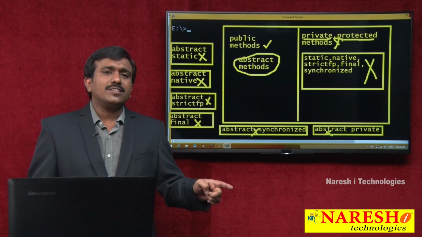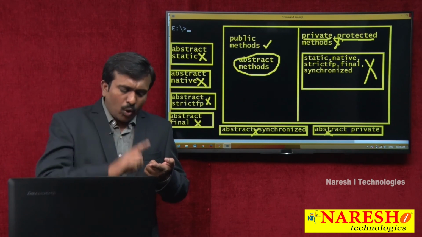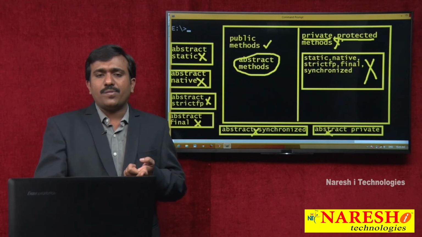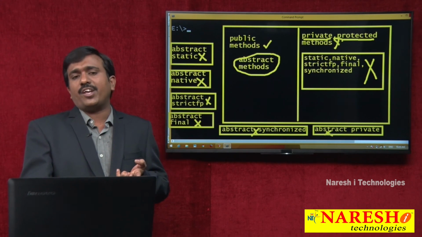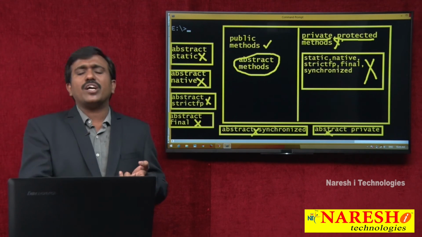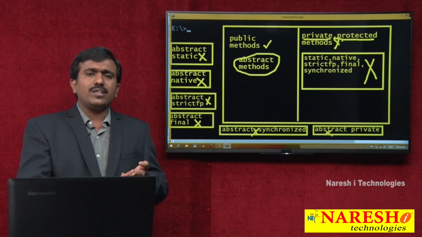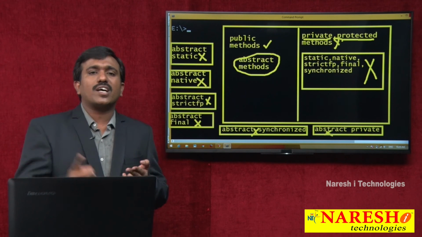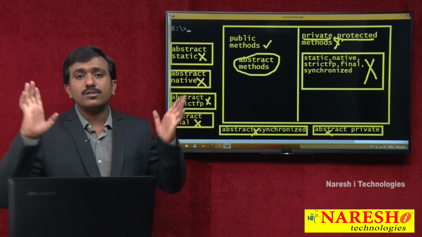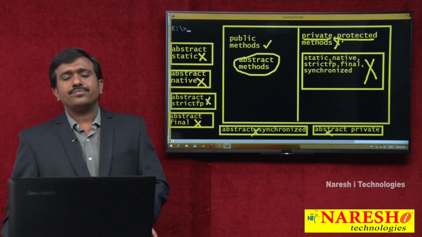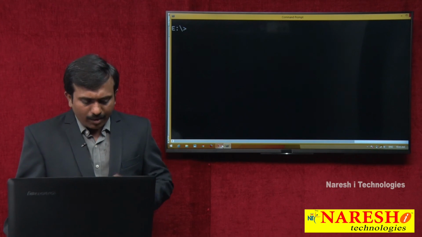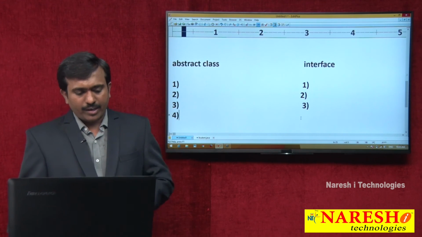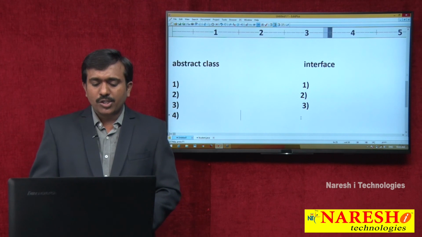Inside the abstract class, there are no default cases for methods. There are no default cases for variables. And inside the abstract class, static methods, non-static methods, static blocks, non-static blocks, constructors, everything is possible to define. This is a major difference between an interface and what?